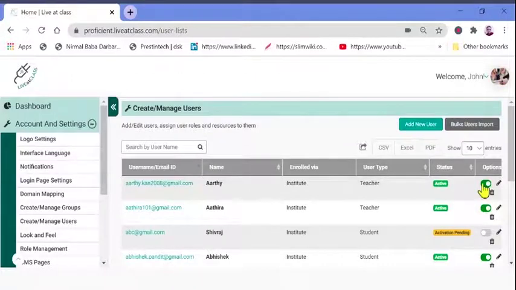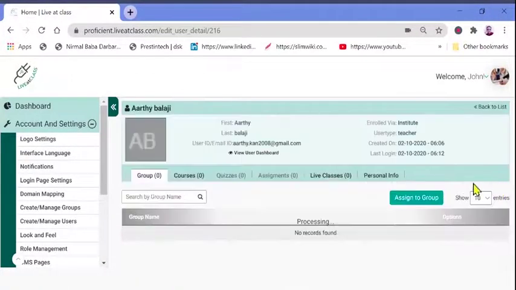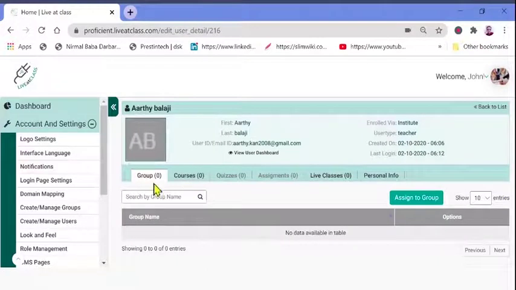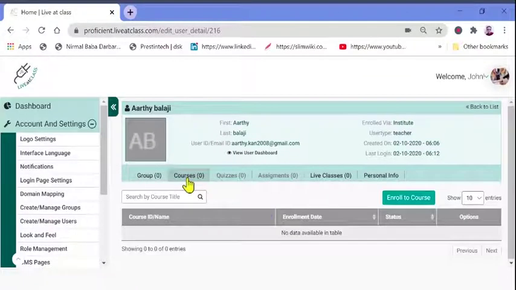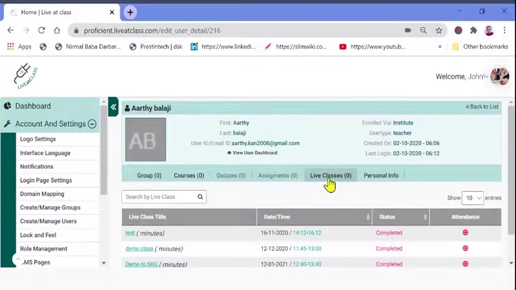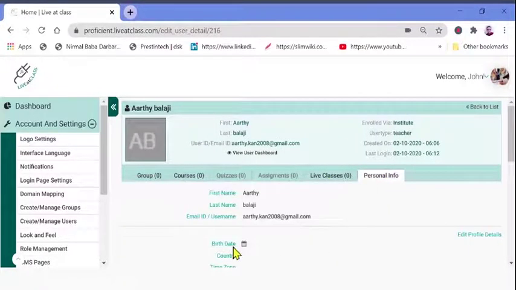The admin can activate or deactivate a user, and can view and edit the user's information as to which group the user belongs to, the courses assigned to that user, live classes attended by that particular user, and finally the personal information of that user. All this can be done through create manage users.